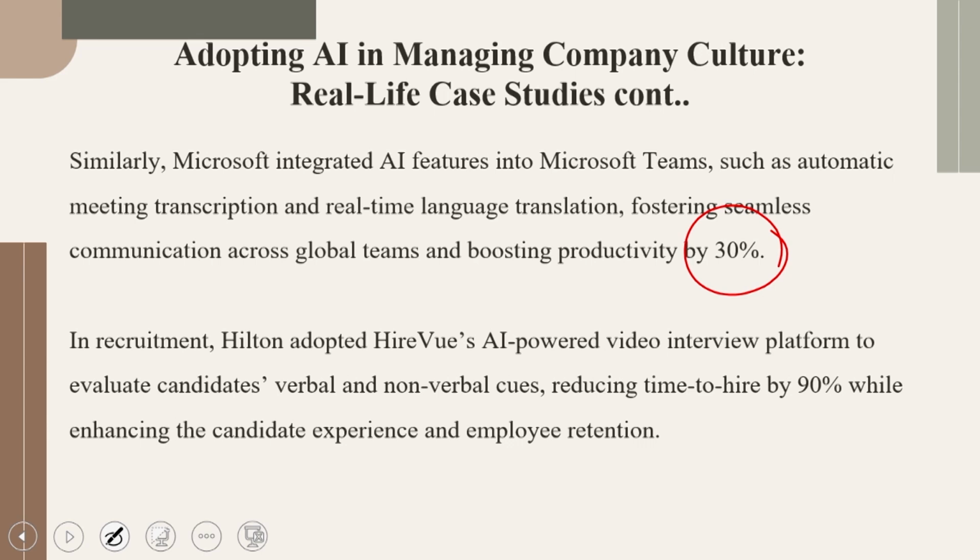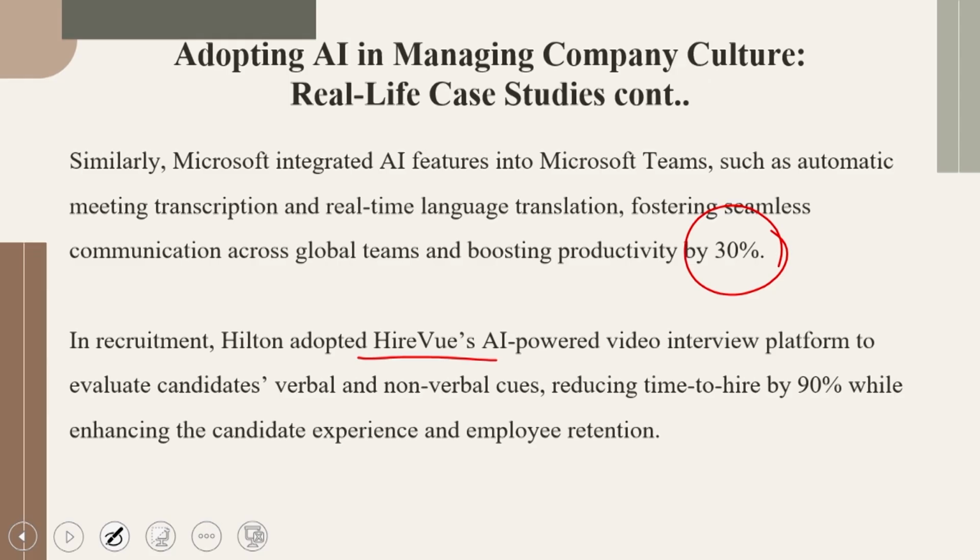In recruitment, we have similar situations where Hilton adopted HireVue, which we have discussed in detail, an AI-powered video interview platform to evaluate candidates' verbal and non-verbal cues, reducing time to hire by 90% while enhancing the candidate experience and employee retention to a great extent.